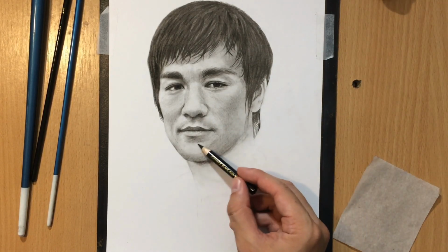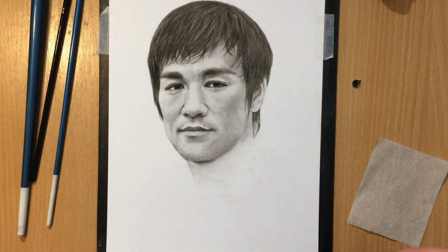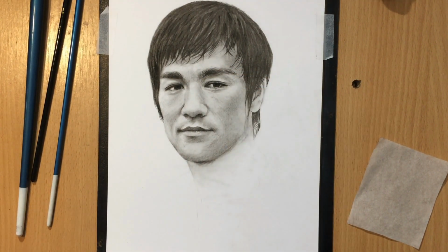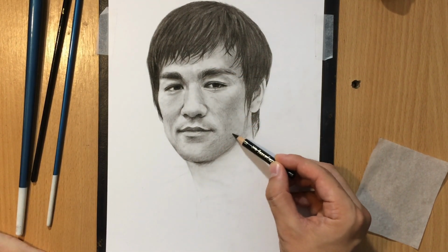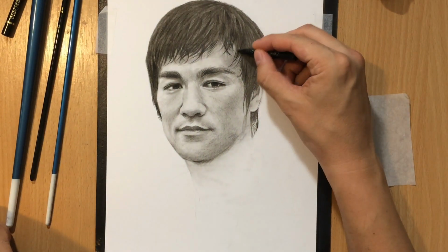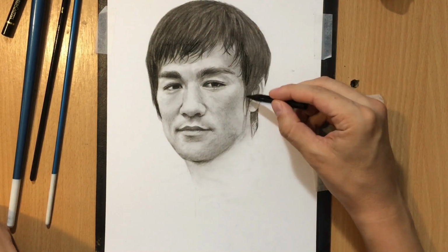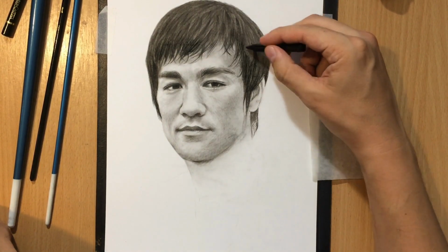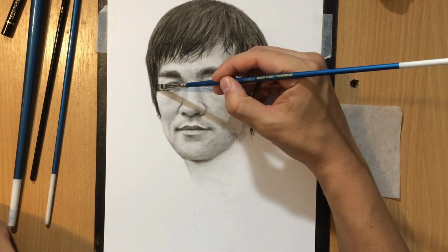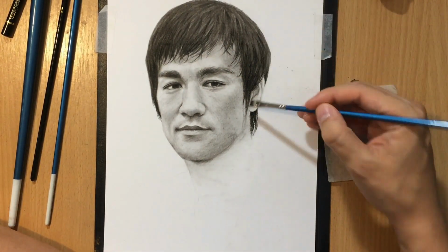So another thing I like to do is to allow the pencil or the pencils to work for me and to create their own texture. So I don't really usually bother to create a realistic looking skin texture, because normally I just let the pencil do it for me, because the pencil in combination with the grain of the paper will produce some kind of texture, and that will usually be enough to create an illusion of human skin, especially in a larger portrait like